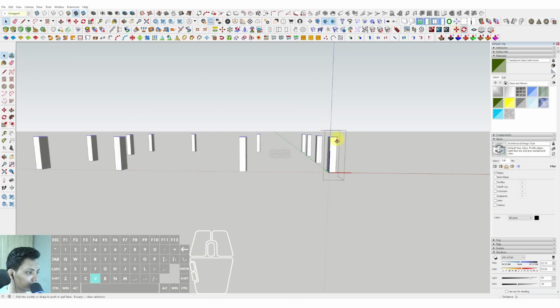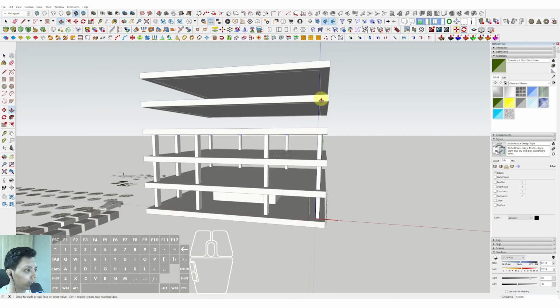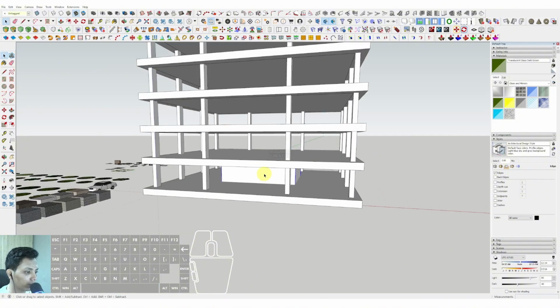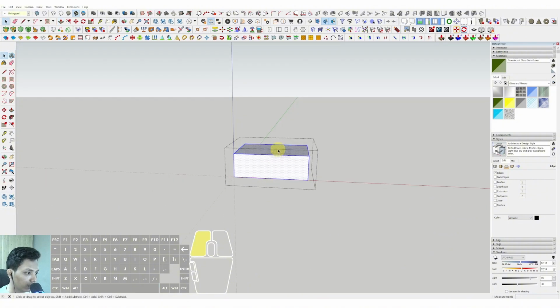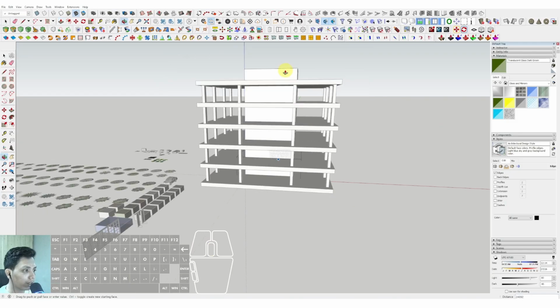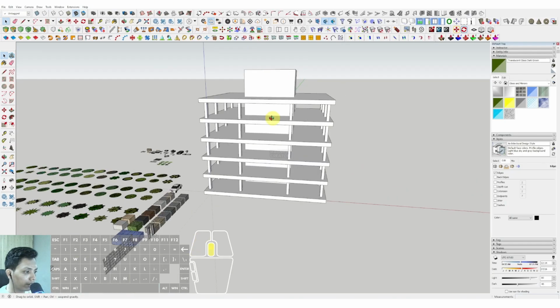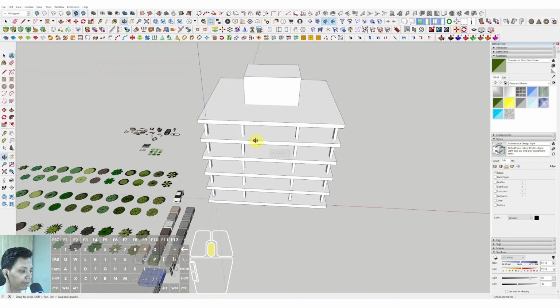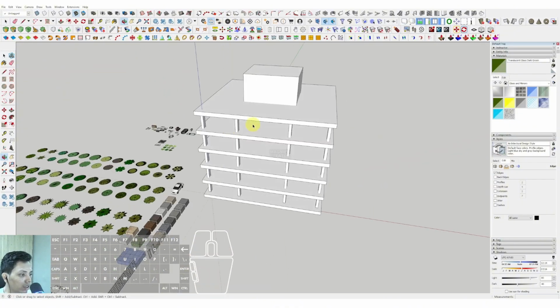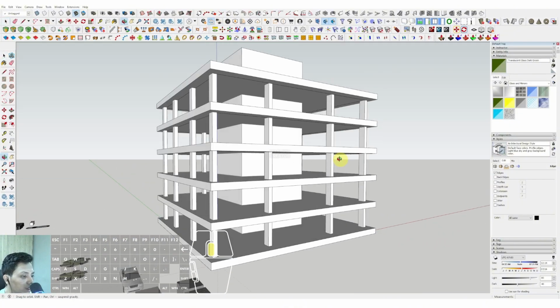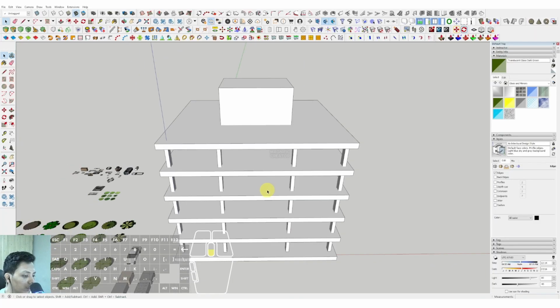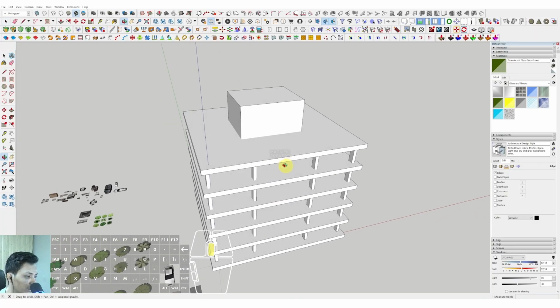Then we can push the column in here on the position in here, and we can push the core building in here until the position in here. That's fine. And okay, so this is the basic of the structural system of this building. And then now we can make the